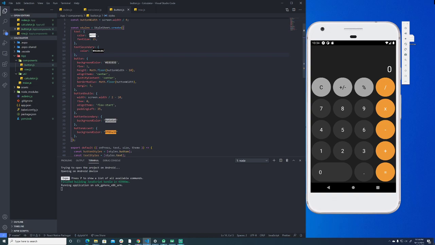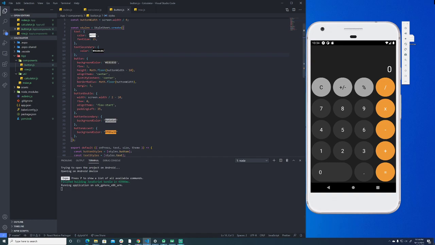We have our height, which is giving it the button height, aligning the items into the center so that it looks like they're all centered from the very center. As you can see, kind of down the middle here, we've got 2 on each side, and they look very nice and smooth. We also have the border radius, which is the button width, which we're getting from the math built-in library from React and React Native. We also have the double size of the button here, which is for the zero